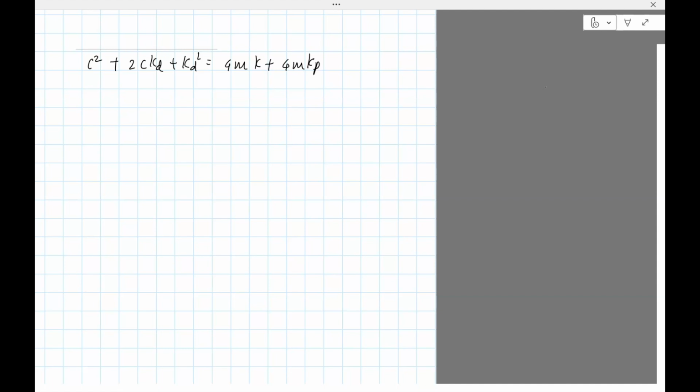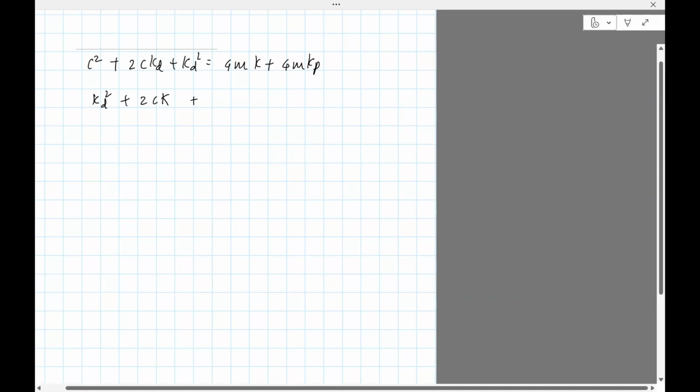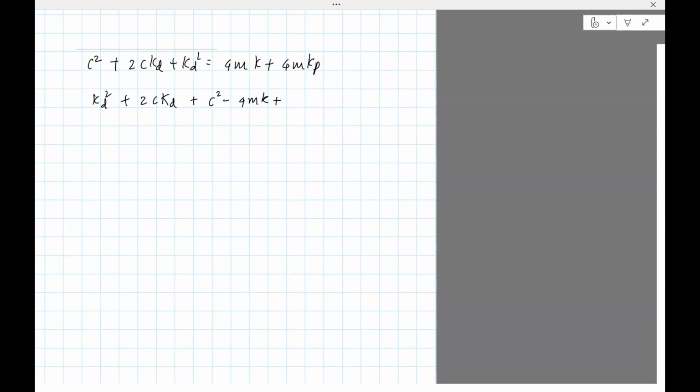So writing it as a quadratic equation in kd, we have kd square plus 2c kd plus c square minus 4mk minus 4m kp equals 0. So you notice that this is a quadratic equation in kd, and the solution to this is given by